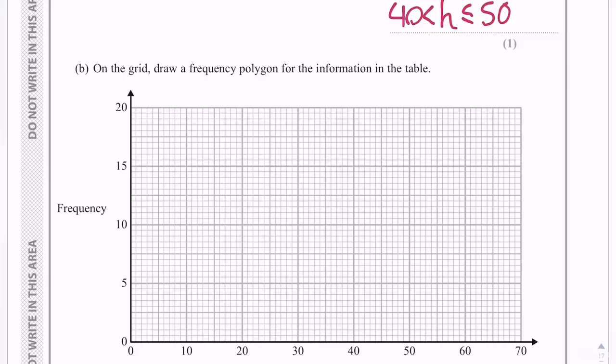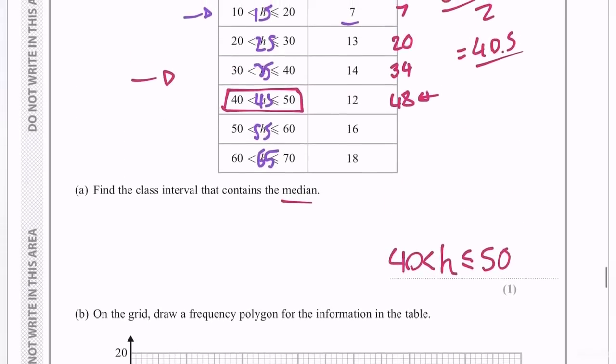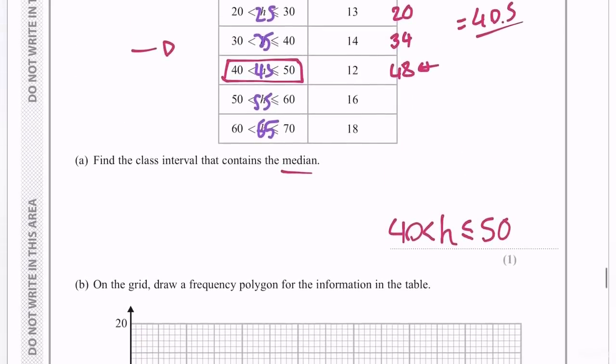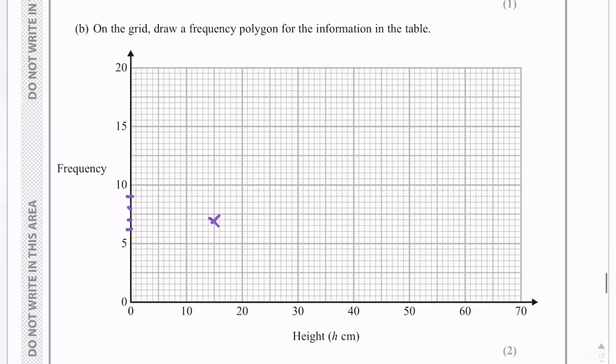Just be very, very careful. You read the scale here, and if you have a look, every 2 squares goes up 1. So from 5, there's 6, there's 7, there's 8, there's 9, there's 10. So just be very careful you read them. But there you go, there's our first one. See if we can do a few at a time here. 25 to 13, and then we've got 14. There we go, so 25 to 13, 1, 2, 3, and the next one there is 14, which goes here,